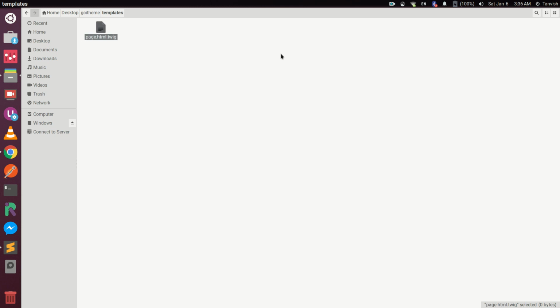So this is where you will find all the page HTML twig. Now what you need to understand is that we'll be editing the page, we'll be adding content, we'll be making a theme for the page content, but Drupal doesn't only have a content page, it also requires other pages as well. For example, it will have a node page, content page, a configuration page, all kinds of pages. So for that we have the option to go over here